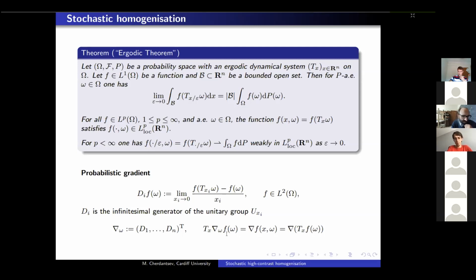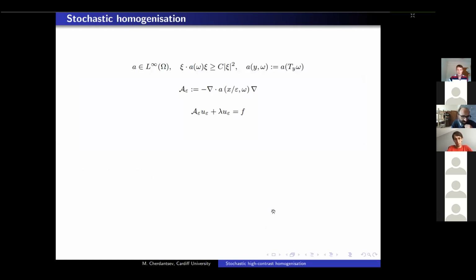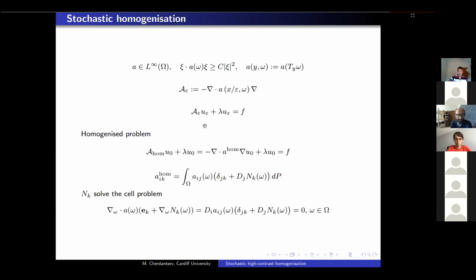Maybe this is a typo here, so we need to apply T_x to omega. Sorry. Okay, so you can use this dynamical system in order to define these random coefficients here. So again, you take a realization of a function defined on the probability space. You replace y with x over epsilon to make the characteristic size of the heterogeneity small,